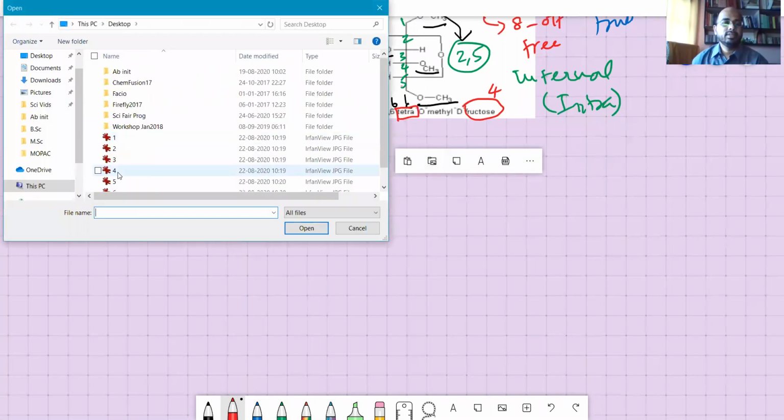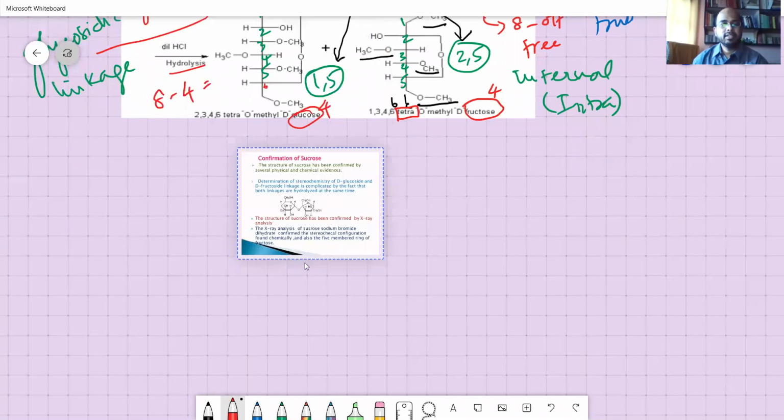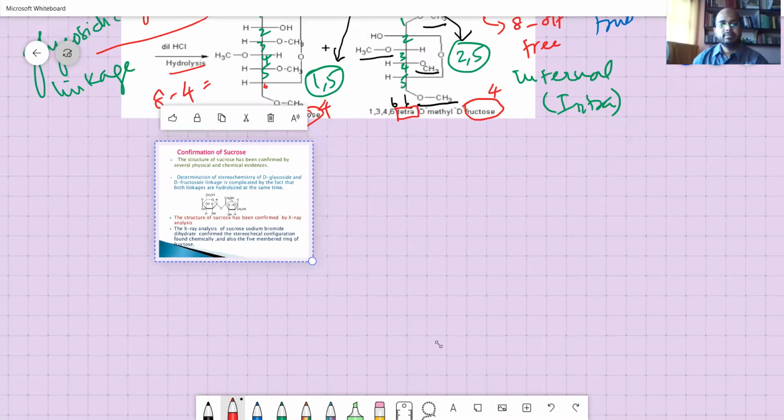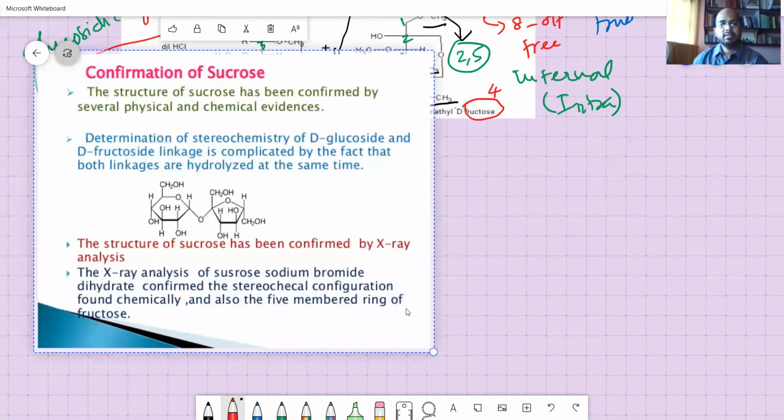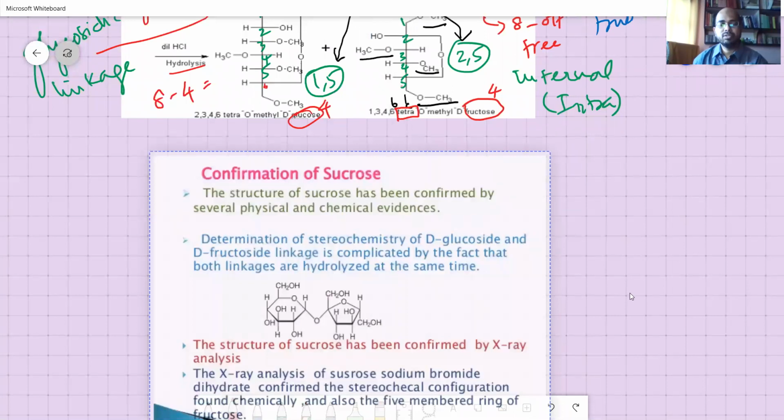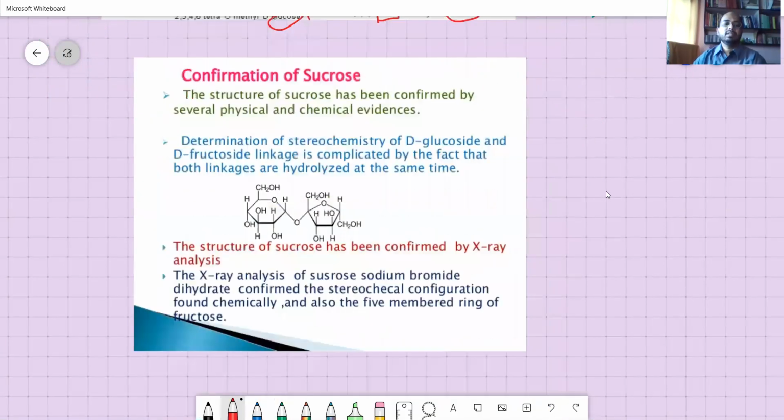Okay. So in the next part of the reaction, we can confirm. So this is a confirmation of the sucrose. So again, there is a mistake here. It is confirmation. Structure of sucrose has been confirmed by several physical and chemical evidences. Okay. So determination of stereochemistry of D-glucoside and D-fructoside linkage is complicated by the fact that both linkages are hydrolyzed